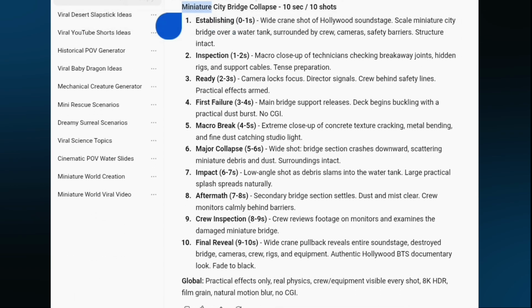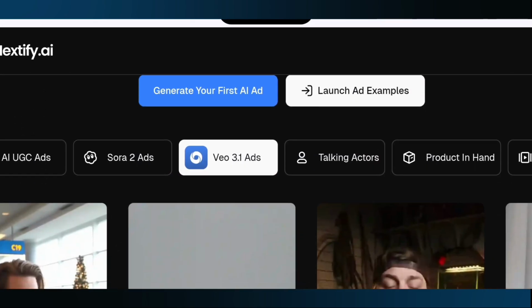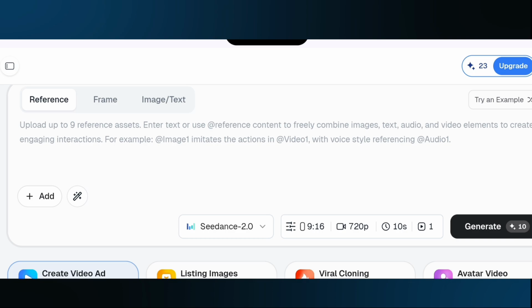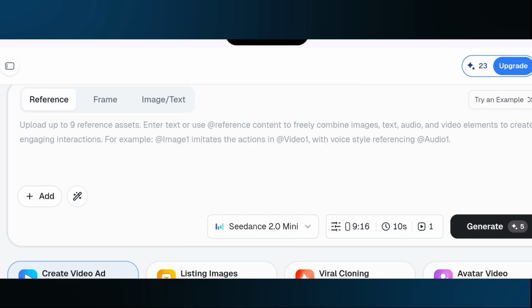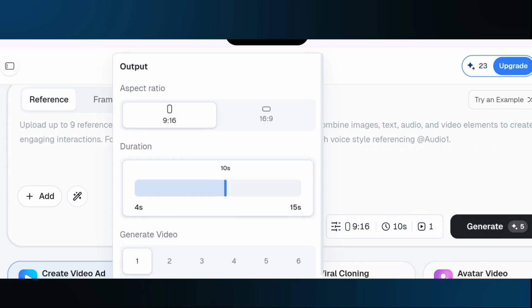Copy the entire prompt. Next, go back to the description of this video and open the Nextify website. Now log in with your Gmail account. You'll automatically get 20 free credit. And here's the best part. After you generate your first video, you'll get another 20 credit. That's actually really useful. Now paste the ChatGPT prompt right here, then choose your preferred aspect ratio and select Seedance